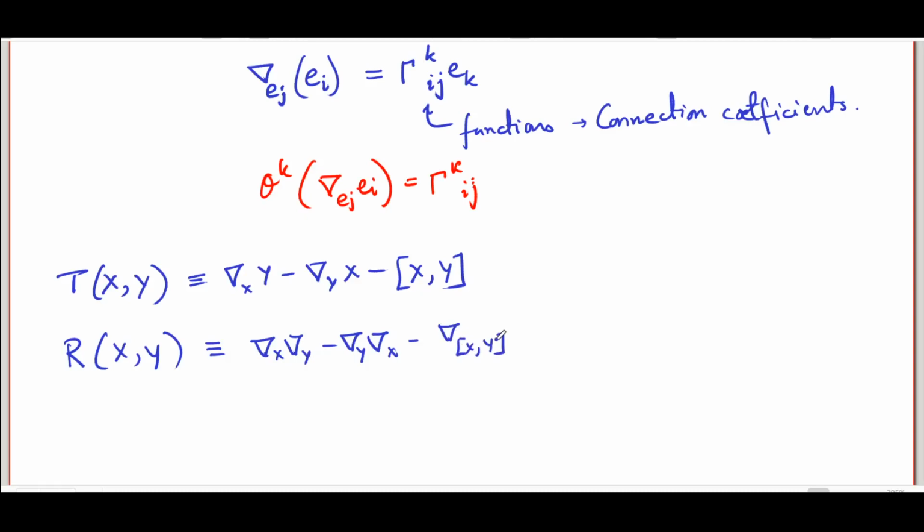Of course, these definitions did not come out of the blue. There is a very basic reason why you need each of these pieces in the definition to produce a proper tensorial object. But once again, that's not something I'm going to go into. This is just a definition. What is important here is: take T, apply it on e_i and e_j, two basis vector fields. You should be able to expand the resulting vector field